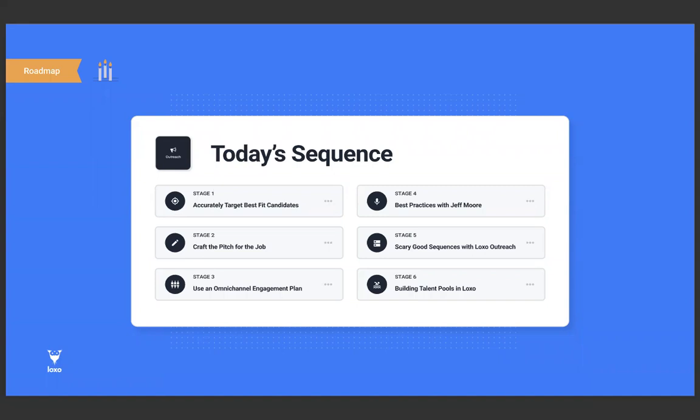And then at stage 6, I'll also touch on the importance of building talent pools in Loxo. These are lists of candidates, essentially, that you have set ahead of time so that when the job comes down the pipe, you're able to immediately grab those folks, so to speak, and drop them into an outreach campaign to sort of accelerate and automate that process. All right, so let's begin and let's talk first